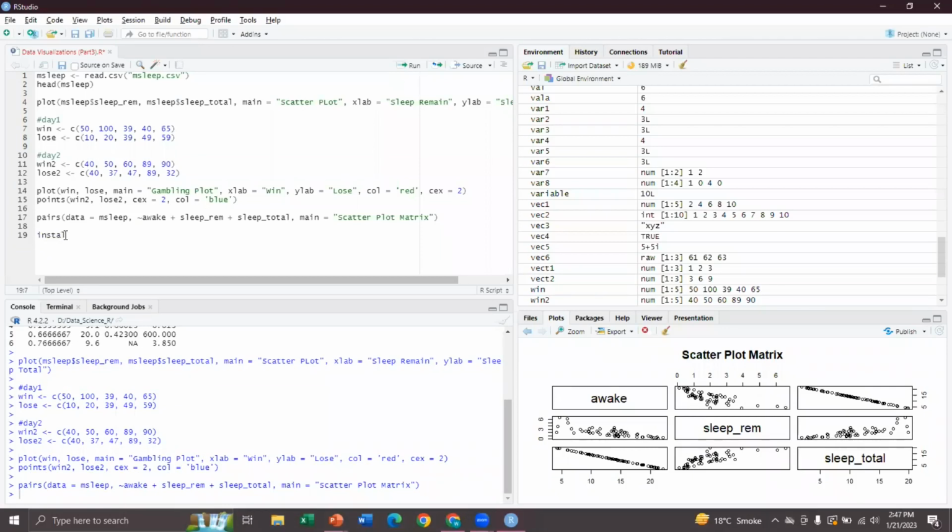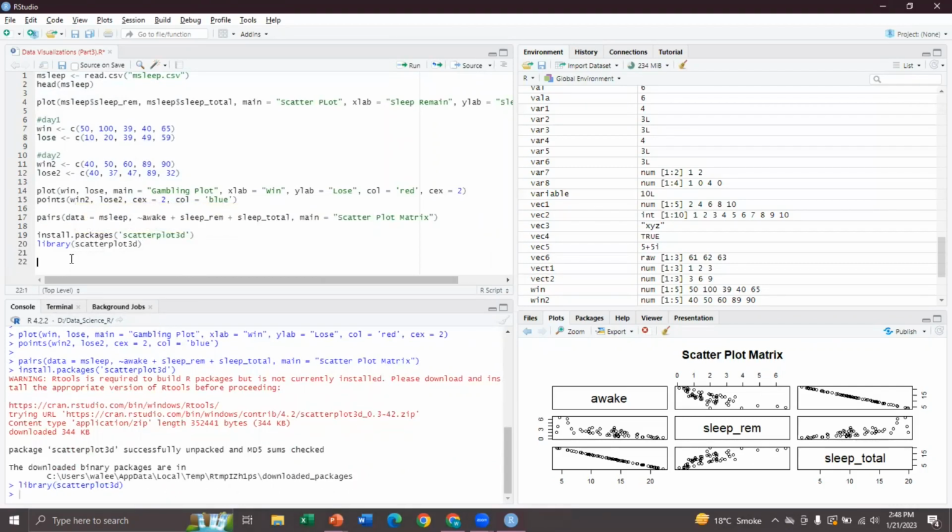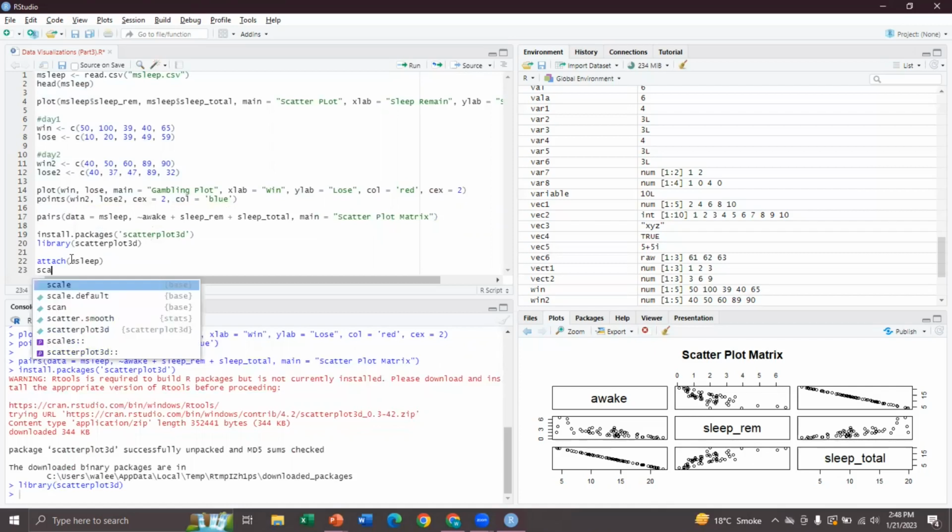Well, first of all, I will say install.packages, and here I will pass the name of the package, scatterplot3d. All right, so the package has been downloaded. Now I can load the package by saying library scatterplot3d, and after loading the package, I will say attach. I will attach the dataset, and after attaching, I will use the function of scatterplot